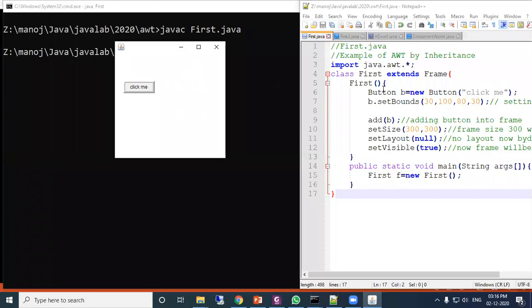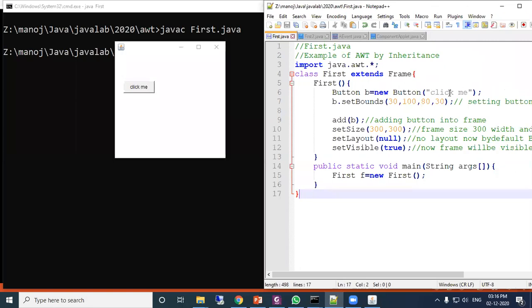Here, F is created, and when F is created, a button is defined, and here Click Me is written. This Click Me value is written because of this statement, but when this statement executes, it is not shown on the screen. It is shown on the screen when this line is executed. If we stop this and set this to false or not set it, now let us see.